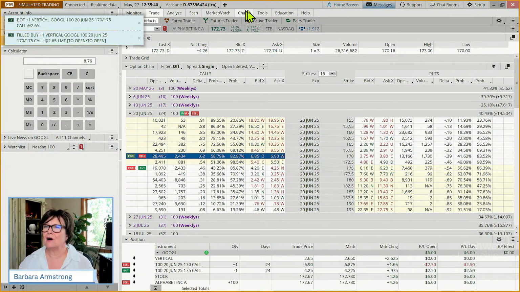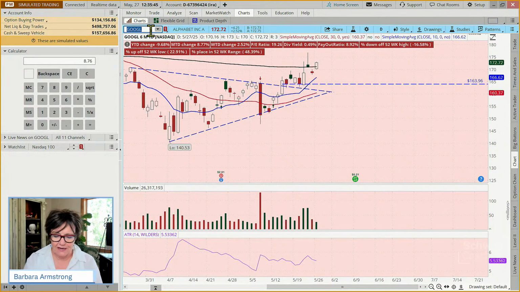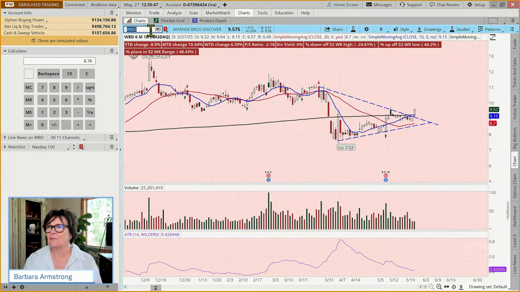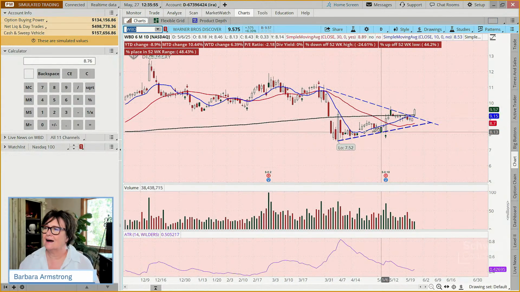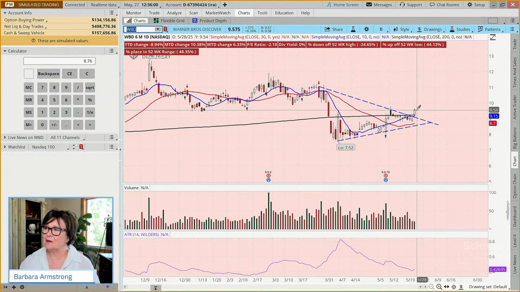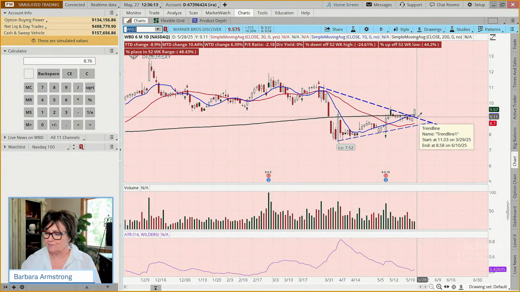Okay. So that's an example of both a stock trade and a vertical trade on the same stock. Okay, let's look at some other examples of charts. We've done 3 example trades. If we look at Warner Brothers, are we seeing a breakout here? So we had lower highs, higher lows, and today is it breaking out? Yeah. Now, might some people put a trade on that today? Yes. Might some people wait and see if it's going to come back and retest? Yeah, some might do that as well. Okay, let's look at another one.